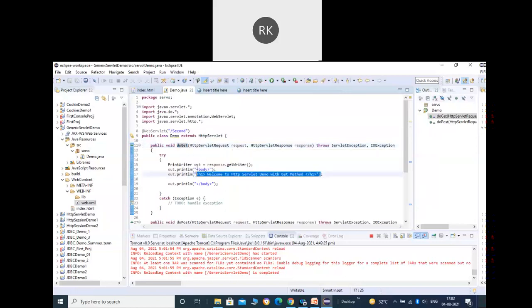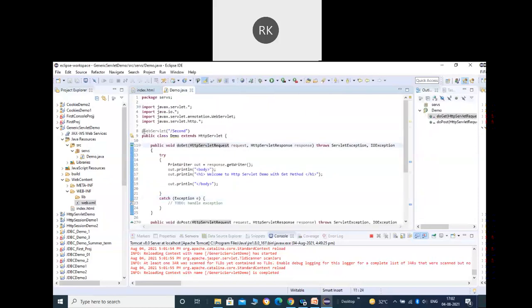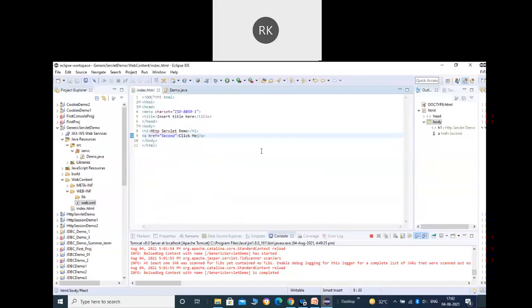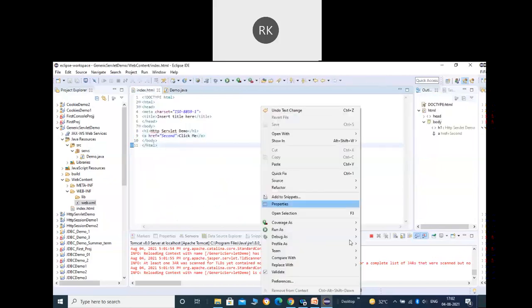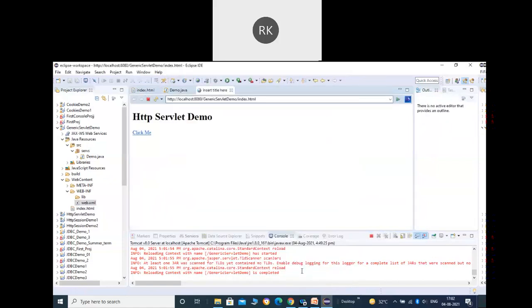And in place of get, let me put here post. So if it is an HTTP post request, then the doPost method will be executed from here. If it is a get request, then the doGet will be executed. And as I have already told you, when we click on that link, by default it will make use of the get method. So here in the demo.java, it will be the doGet method that will be executed. So this will be the output that we are going to get.